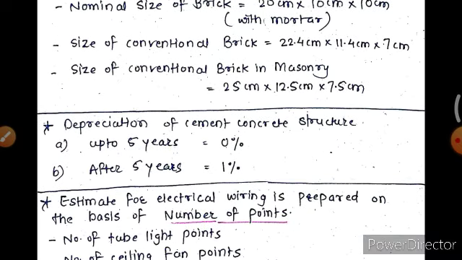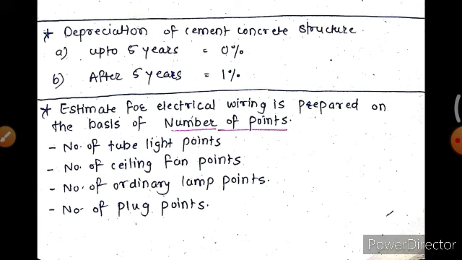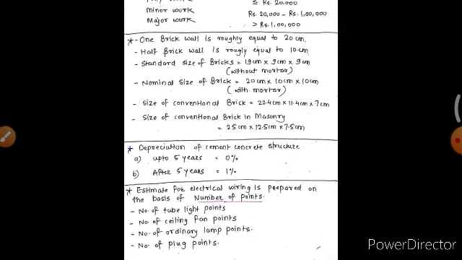Then the depreciation of a cement concrete structure. Okay, up to 5 years depreciation is 0%, and after 5 years it is 1%. Then the estimate for electrical wiring is prepared on the basis of number of points. Then number of tube light points, number of ceiling fan points, number of ordinary lamp points, number of plug points etc. Then